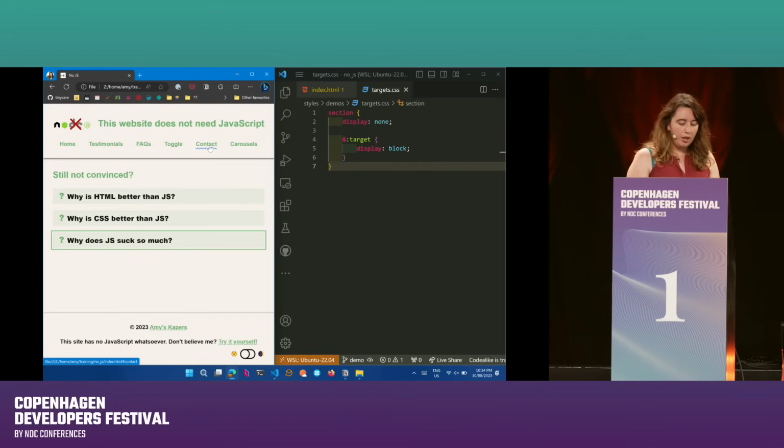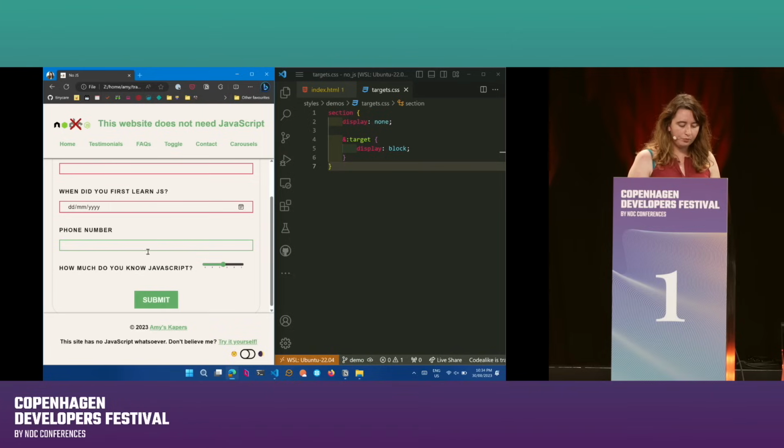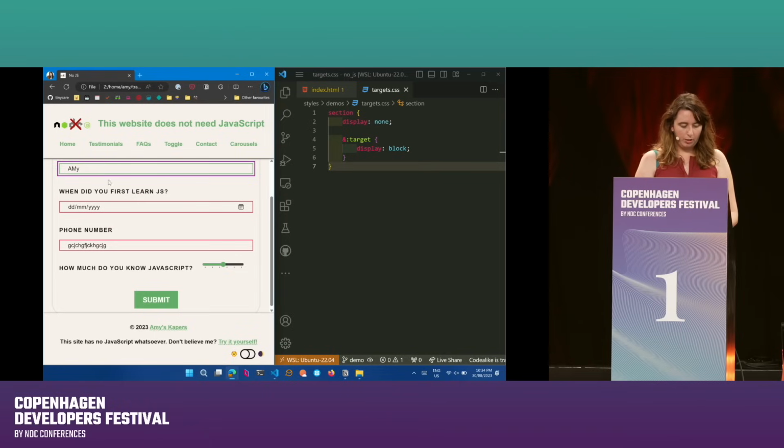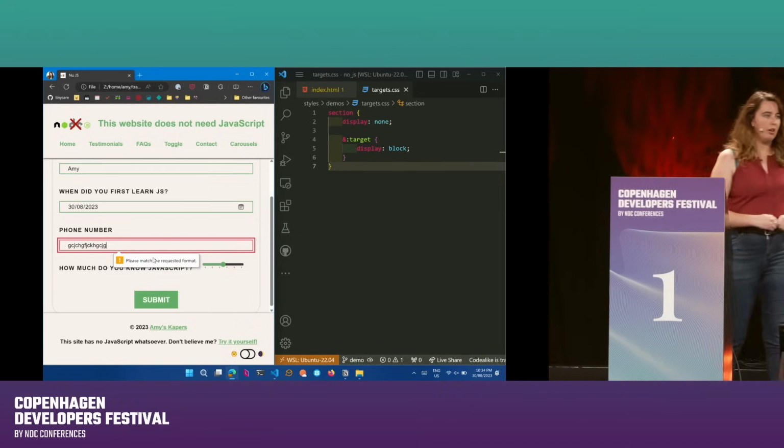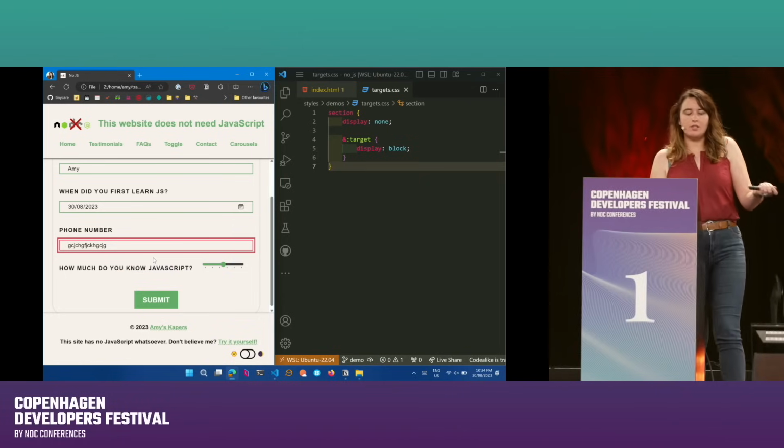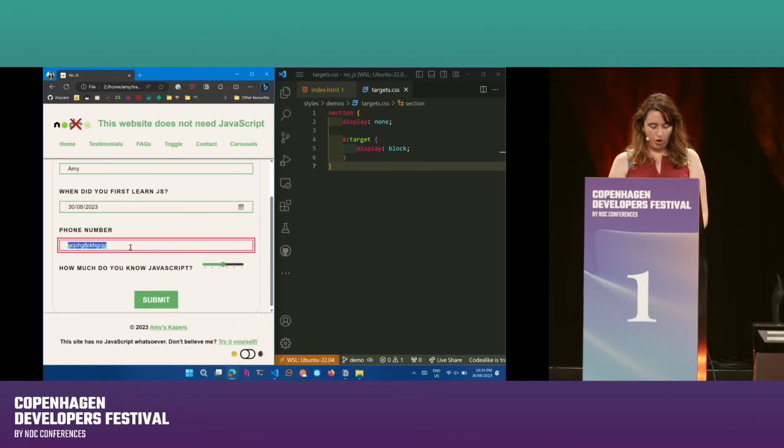So if I have a look at our contact form here, I can fill in my phone number. Well, okay, I didn't fill in my name, Amy. When did I first learn JavaScript? Today. And phone number. Please match the requested format. So I've defined that I would like to have a country code. If I actually put in